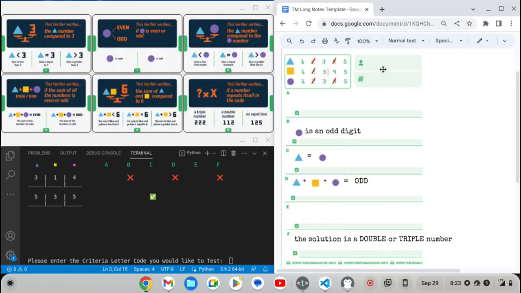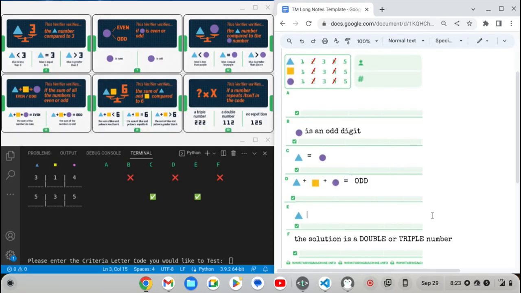So we are dealing with an all odd solution where the first and last digits are equal. So I guess the next test, let's go ahead and test criteria card E, the sum of the first two digits. Okay, that is also true. And so let's go ahead and type that up in our notes for section E, and that is that triangle